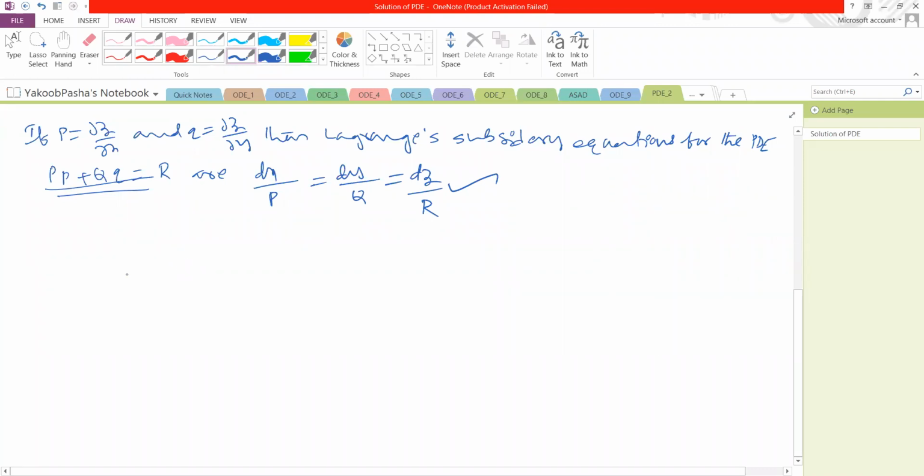The general method of solving a non-linear PDE of order 1 is known as